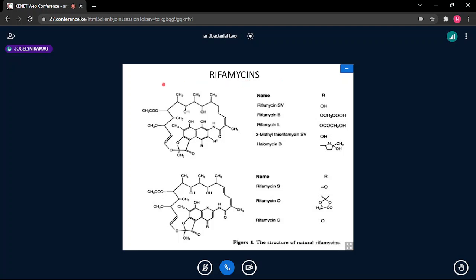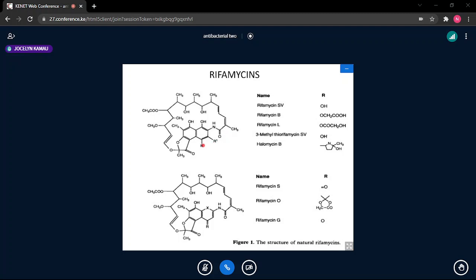So we are saying, of course, this is the huge molecule. It looks a very huge molecule. It's a macromolecule, but even as it's a macromolecule, the areas that are allowed for structural modification are very minimal. Otherwise, the rest of the molecule is needed if the rifamycin is going to bind its respective